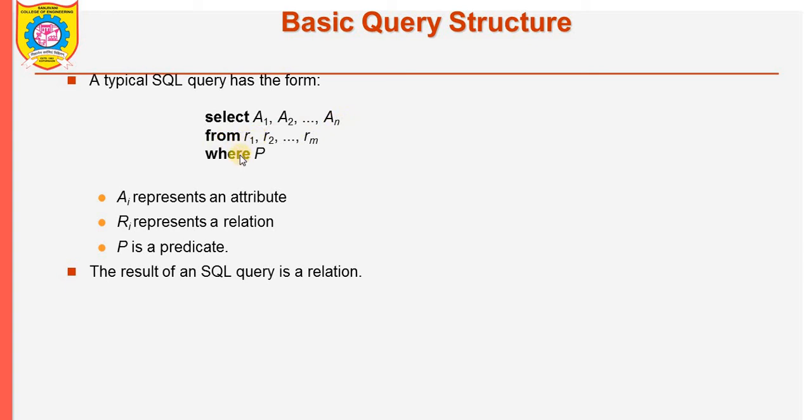From means from which table we are going to display the values of the attributes. R1, R2 up to RM means there may be more than one table, where P is a predicate or a condition. The where clause is used to write the conditions with various operators that we are going to see in detail in the examples. The result of an SQL query is also